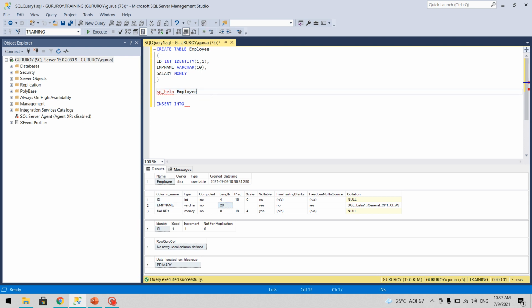Now let's go and write some DML statements. So let's insert into the table, that is employee. We can specify columns here, in case you want to insert a value in only one column and not the other one, because when we are not specifying NOT NULL, they can accept null values also.